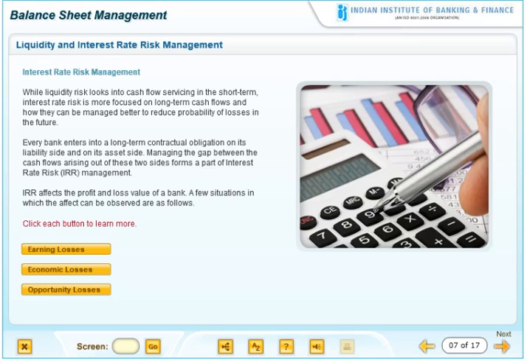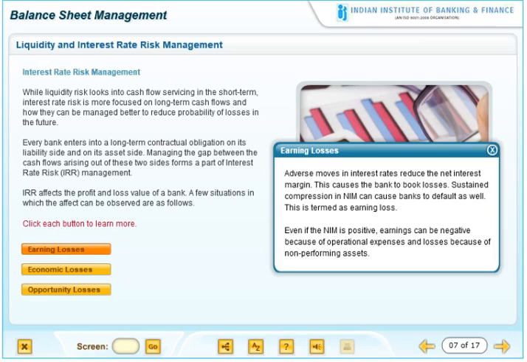Managing the gap between the cash flows arising out of these two sides forms a part of interest rate risk, IRR management. IRR affects the profit and loss value of a bank. A few situations in which the effect can be observed are as follows. Click